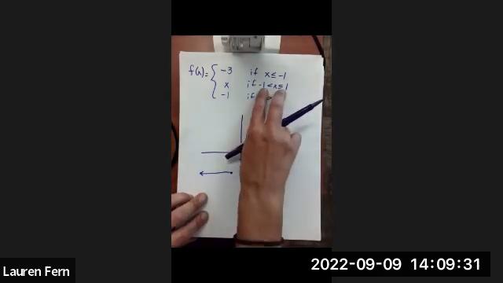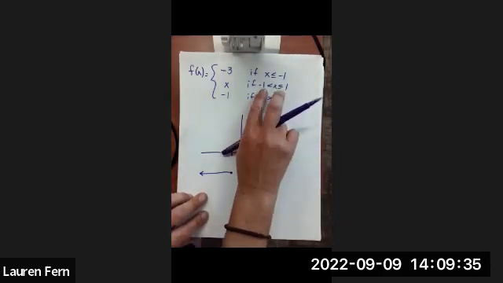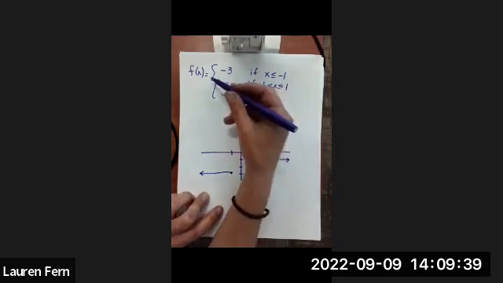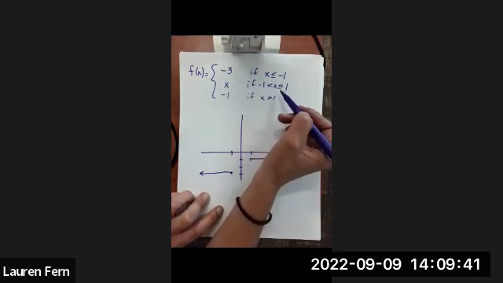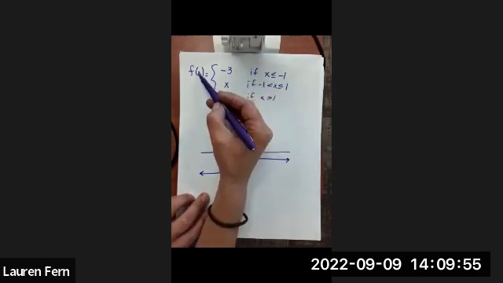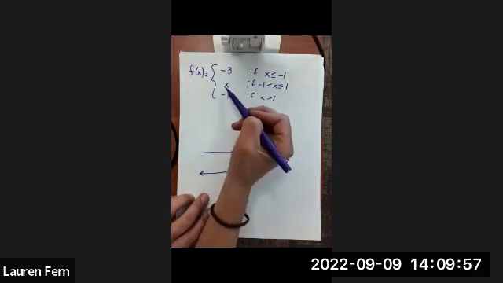All right, so the issue is what happens between -1 and +1, okay? We see that when we plug in +1 into whatever this function is going to be, we're going to have a closed circle because we actually have that equal to sign. And that when we're plugging in -1, we're going to have an open circle because that's essentially going to be our starting point, okay? So if I plug in x equals -1 here, and I'm using this identity function, I